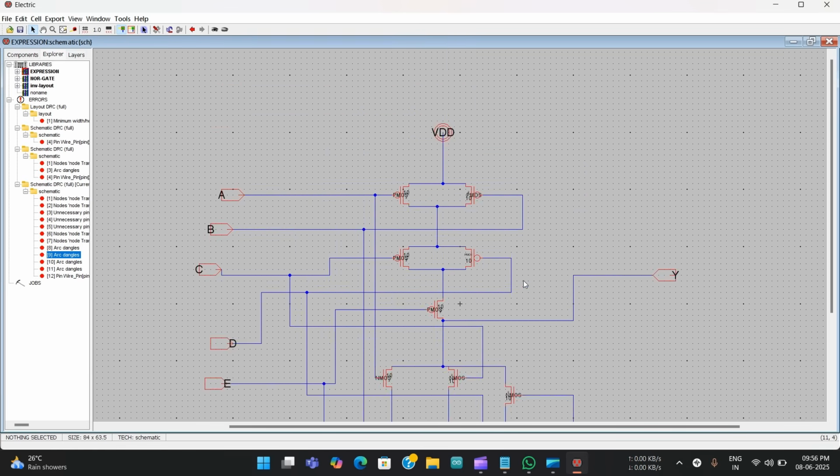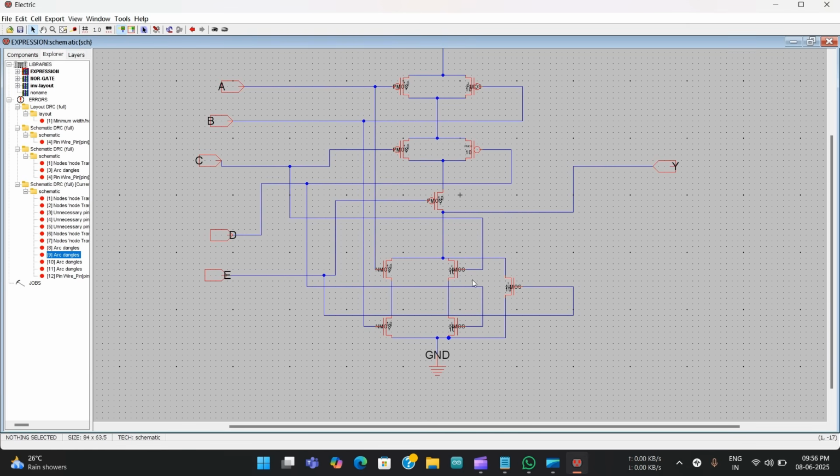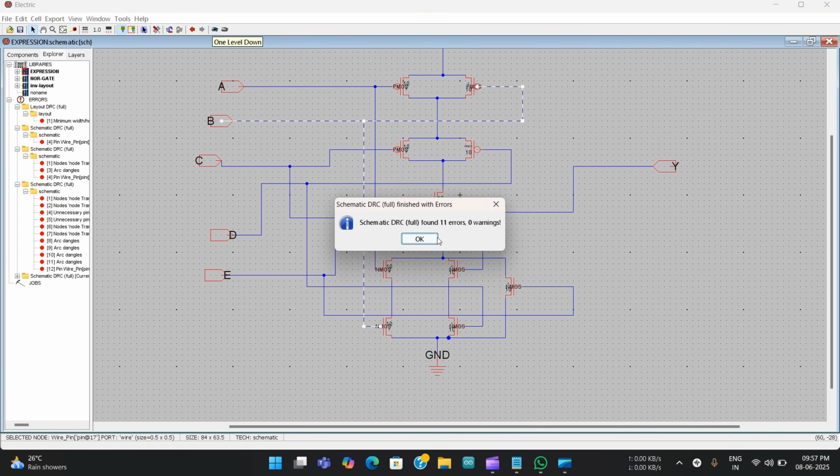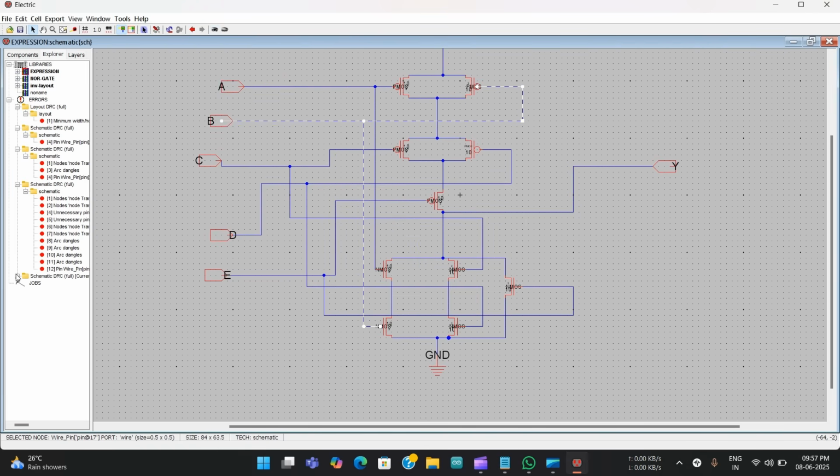What I've just done is this: since there are many wires which are overlapping each other, right? That's why it is not considering them as correct inputs here. So that's why you should be checking each input very carefully and checking for errors. Okay. So see, the second error is here. So this is the third error. So this is one unnecessary pin here. So here what I'll do is